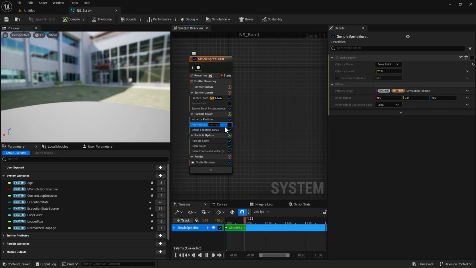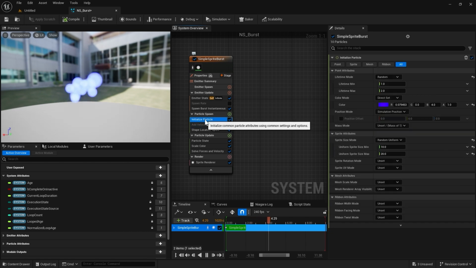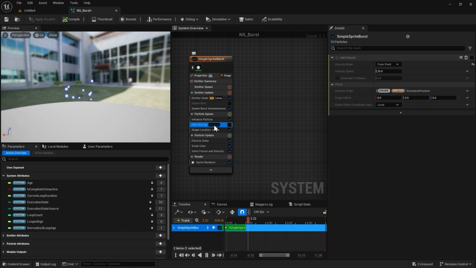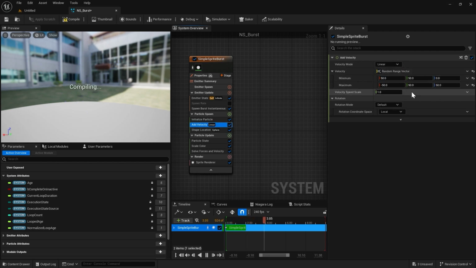Let's grab the velocity, and for the second time, let's make them smaller. So 1 and 4. Okay, let's get to the velocity, activate it. We want now a linear velocity, and we just want to do 0, 0, 100. So it just speeds up on the z-axis, okay? Okay, so now how do we make it